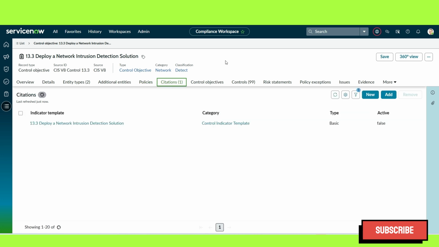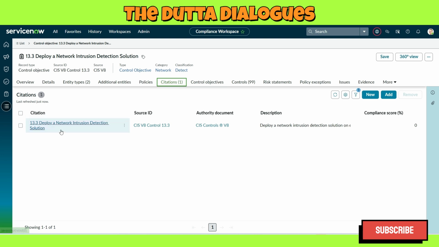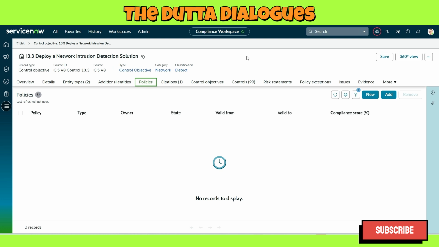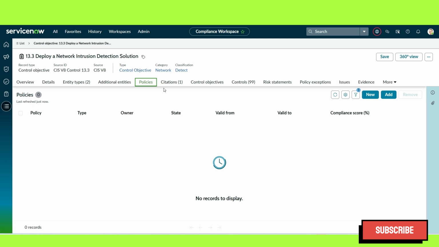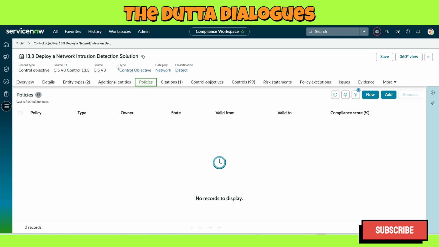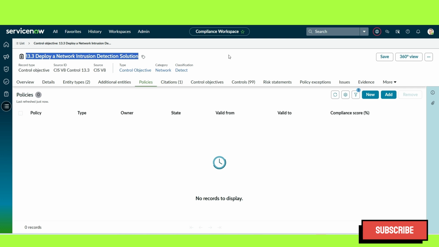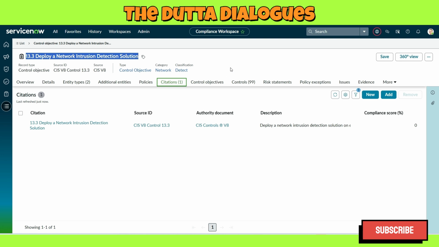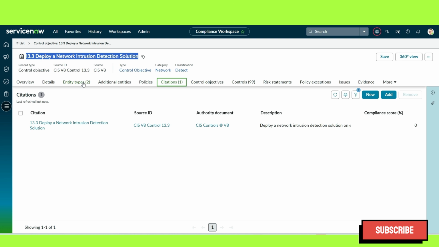Citations are nothing but the external authority, and the citation is part of an authority document. In this example, the authority document is CIS controls, and I do not have any policies. If you want, you can also add one policy here, and these two different things, the external regulations or your internal policies, can be added to this control objective. Here we have added one citation, which means it's an external authority, and this in turn